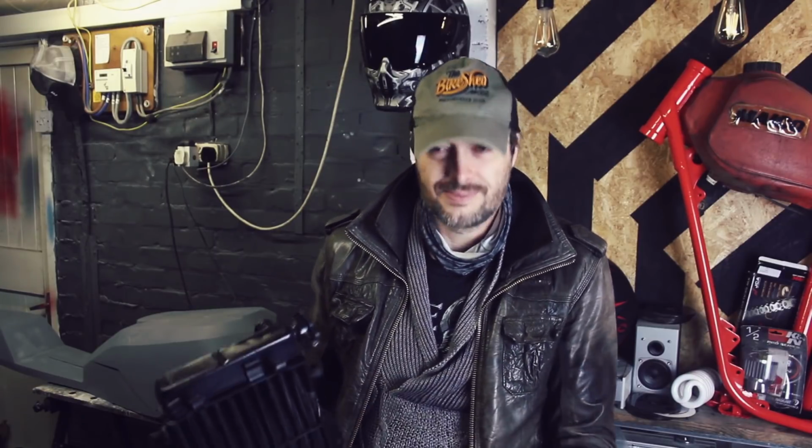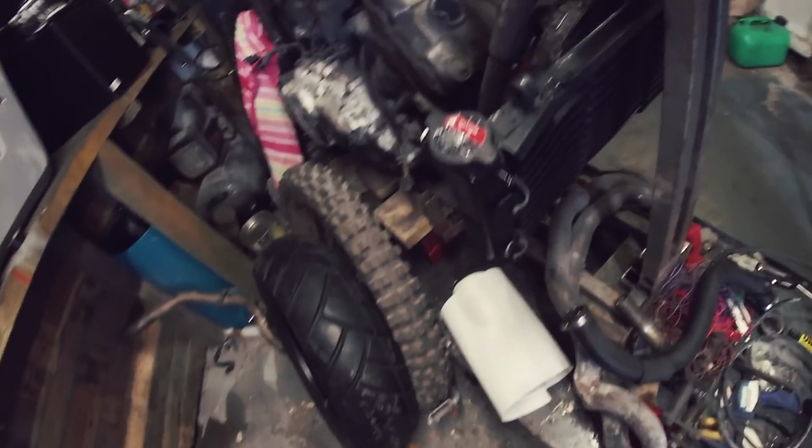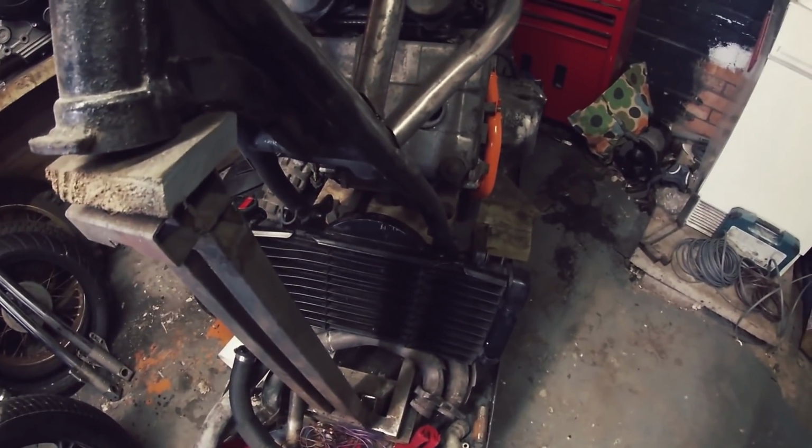Let's do this. So looking at this now, if I poke this in here, that's just way too wide. I know it's the same width. In fact, no, do you know what? It's actually wider than the engine itself. It's about an inch wider than the engine on each side. Now that's just not going to look right. But